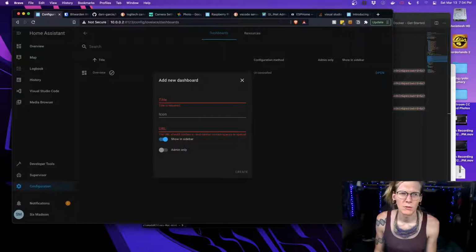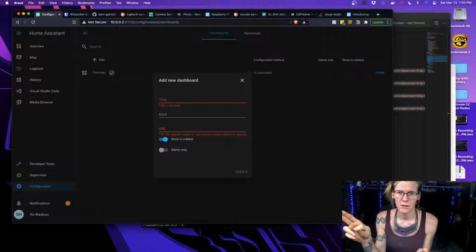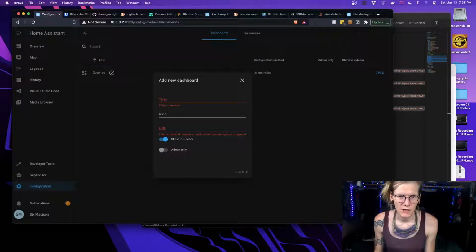What's the sidebar? Because the sidebar is going to have a name, and then it's going to have tabs across the top. We can always change this. Let's just call this main. Overview is kind of like an auto-generated UI dashboard, and I kind of want this to be